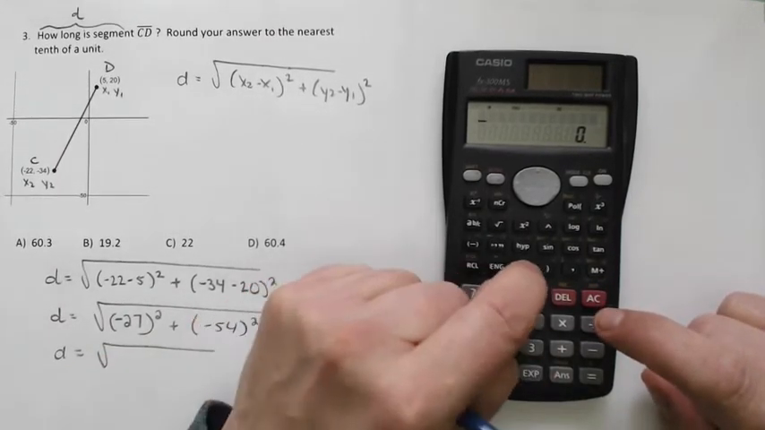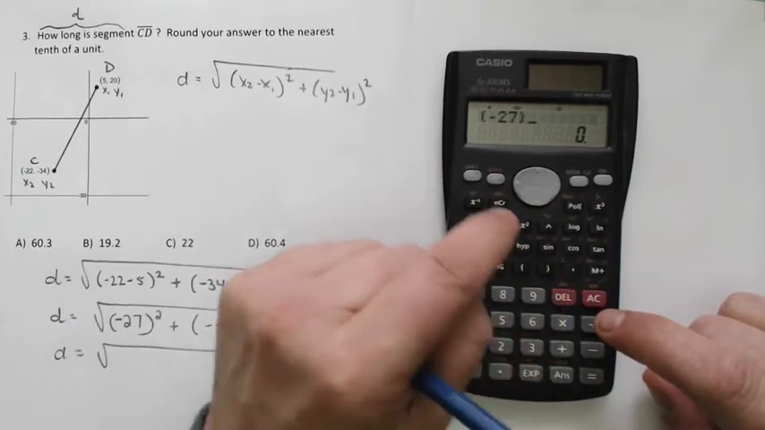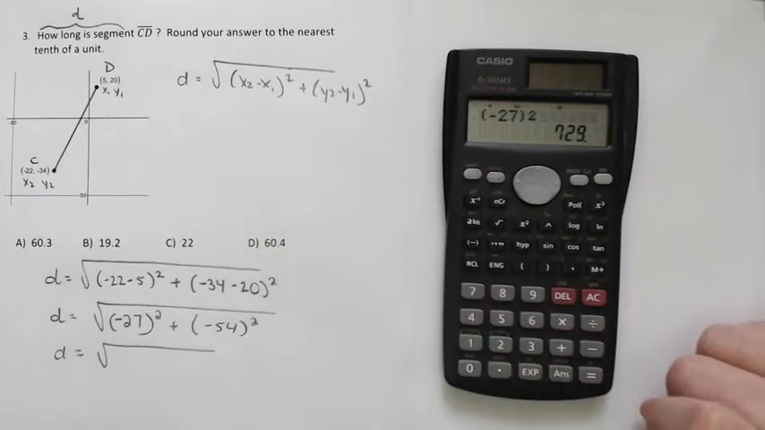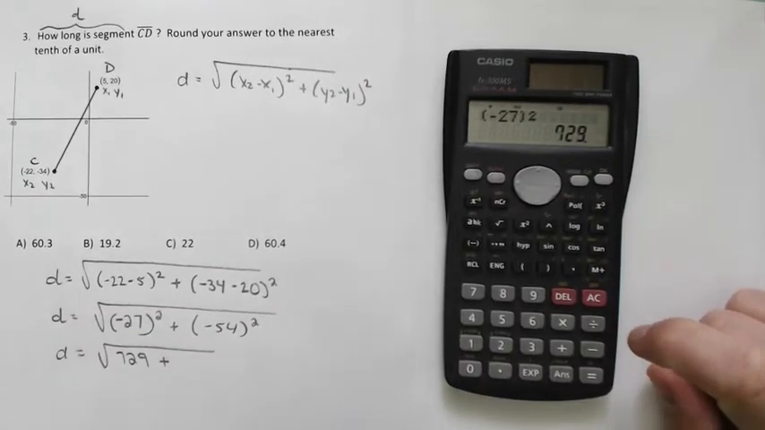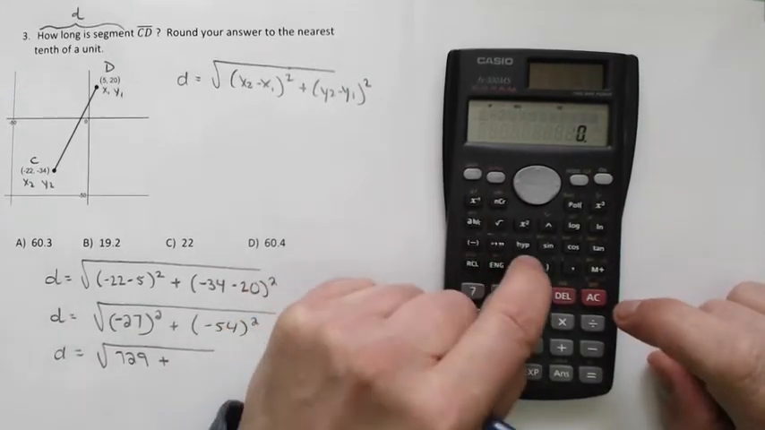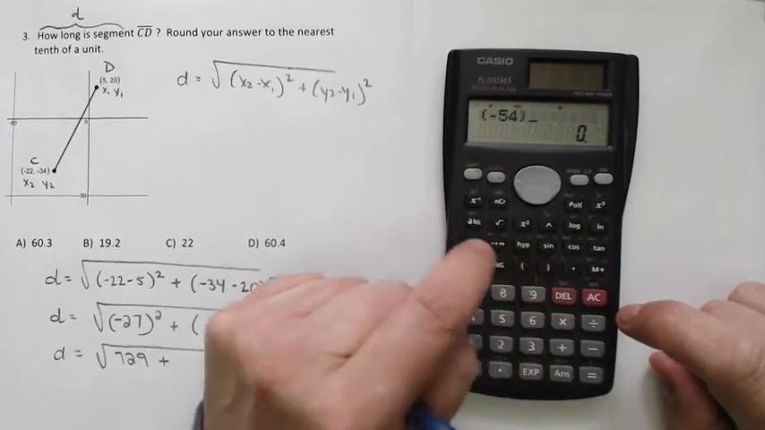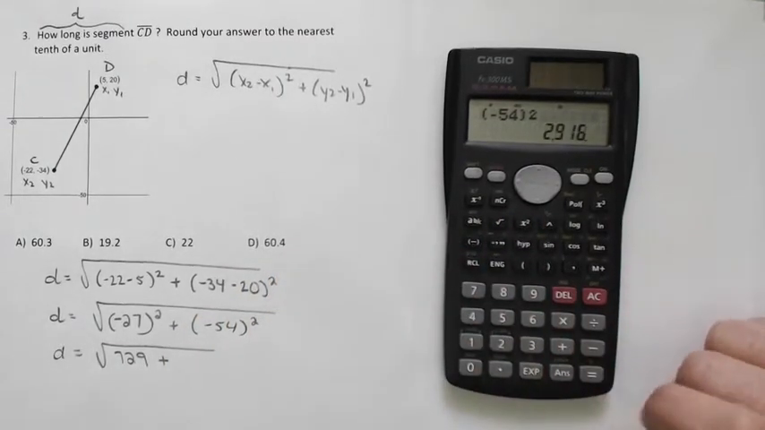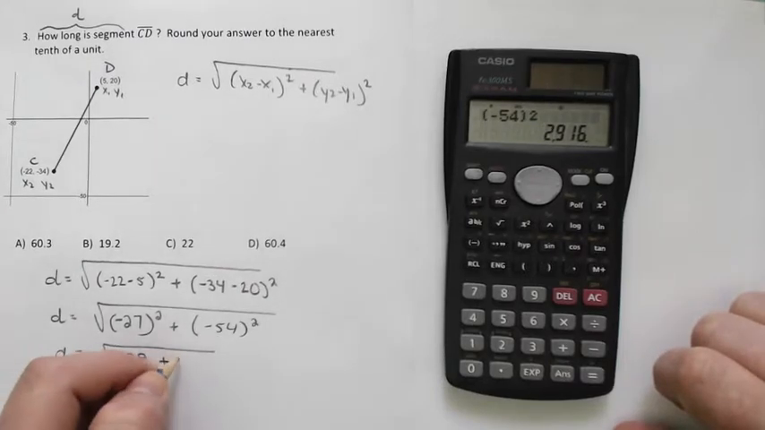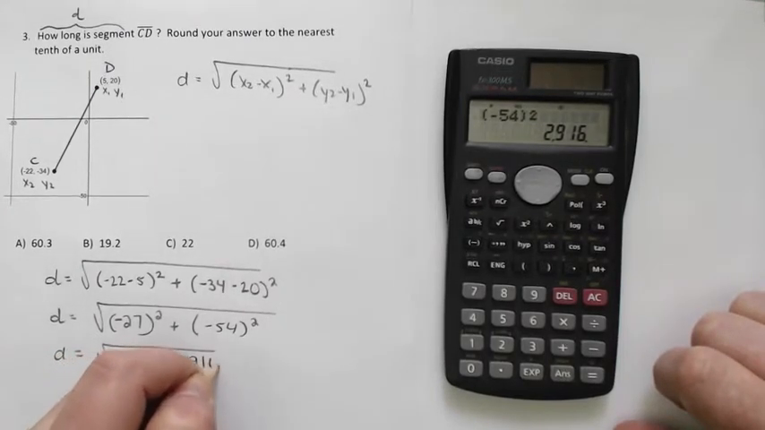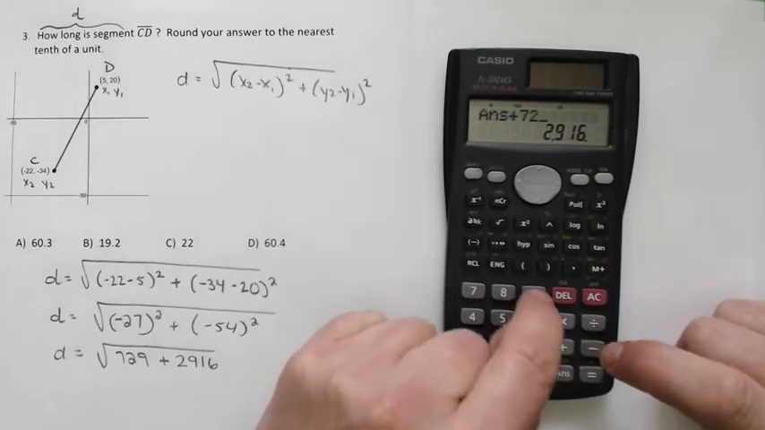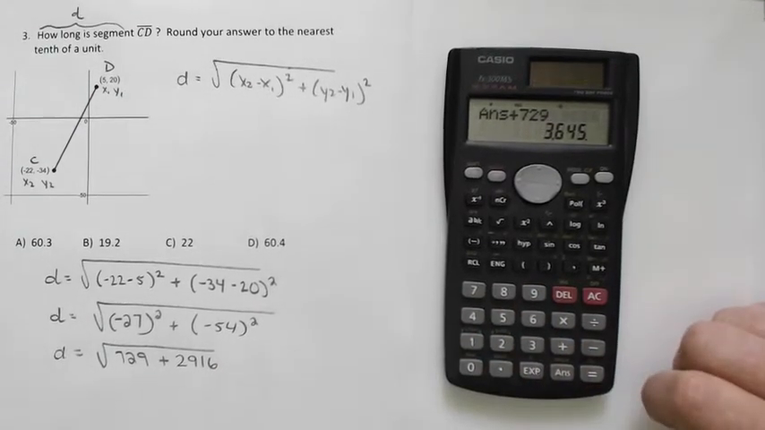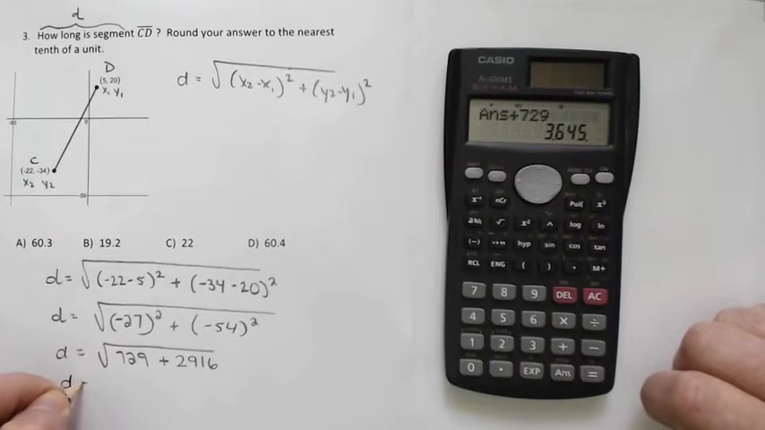So I'm going to go open brackets, negative 27, close brackets, and square it. 729. Eventually I'm going to have to add that too. Open brackets, negative 54, close brackets, and square that. 2,916. To which I'm going to have to add that 729. That gives me 3645. So I come down here, square root of